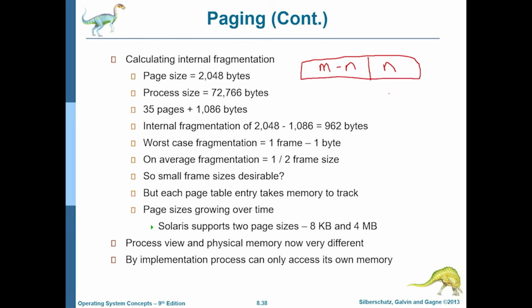Now, if you have small pages, then this is small, right? So your logical address is still the same size, but your frames are small. So you don't need such a large offset. And this is again m minus n. So what happens? Your m minus n is bigger. So now you have more page numbers. And when you have more page numbers, you need more page table entries in a page table, and the page tables can become very, very big.